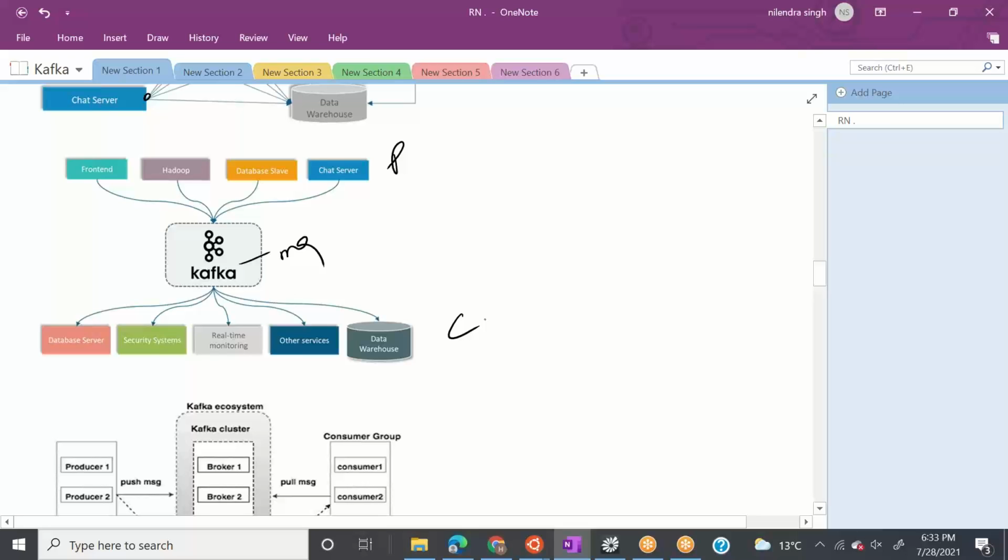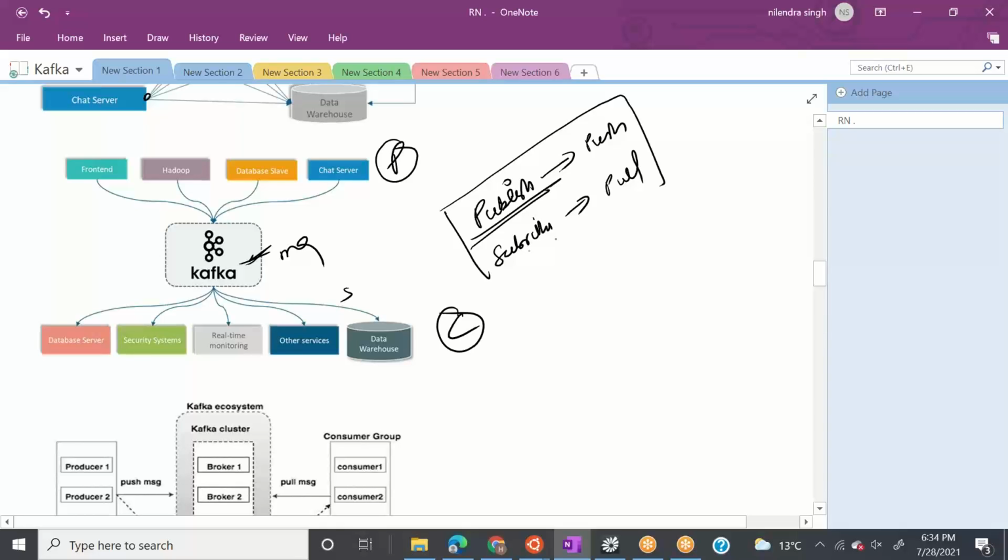Now your producer will publish or push the messages into Kafka, and your consumer will subscribe to it. So there are two new terms: one is called publish, and the other is called subscribe. Publish is a synonym for push. Subscribe is a synonym for pull.